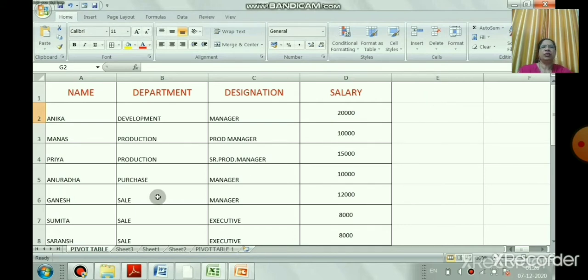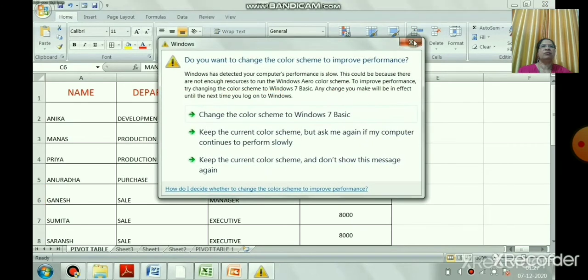Okay, so what is a pivot table? Here the table is a spreadsheet, so it is a spreadsheet feature that allows the data tables to be arranged in many ways for different views. Can you see here? I have written manager, designation is manager, right? It is a little bit difficult to understand, so here designation, right? Because we have to see one by one.